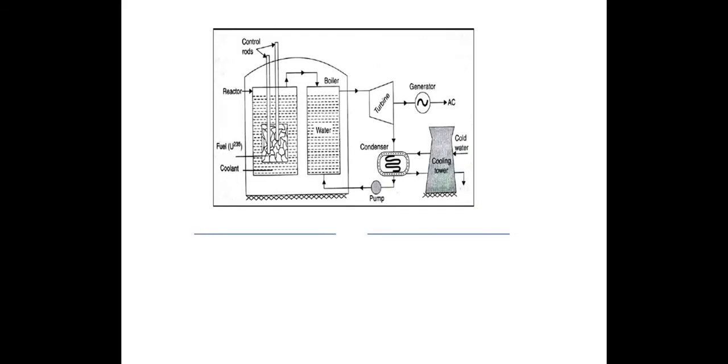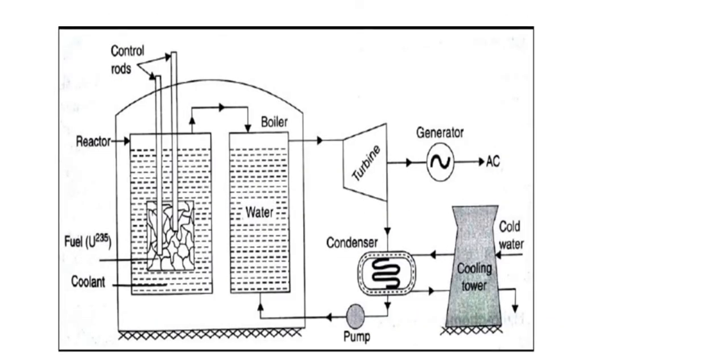Now you see here from the diagram, I will explain. Okay, see, this is the reactor. This is the reactor in which the control rods made of uranium are placed. Okay, it contains the water here, you see here. Okay, it contains the coolant here, because what happens during the nuclear fission or nuclear fusion, a tremendous amount of heat is generated. So in order to keep this portion cool, the coolant is placed in the reactor.